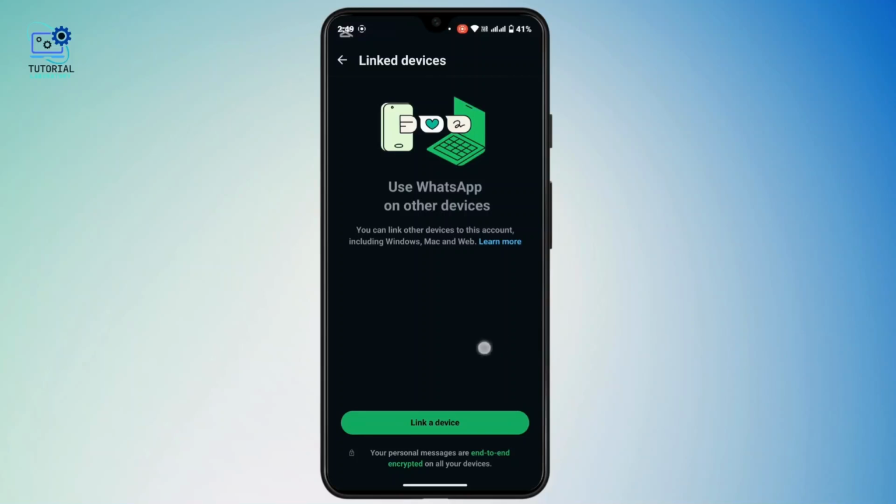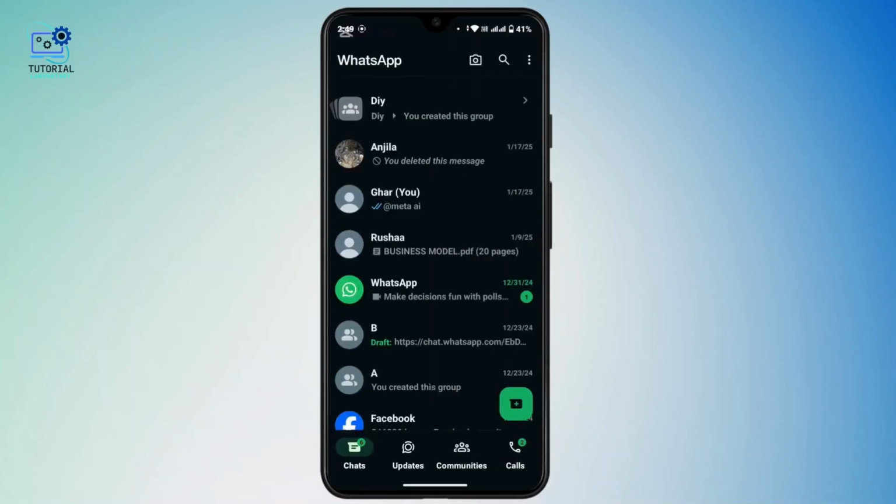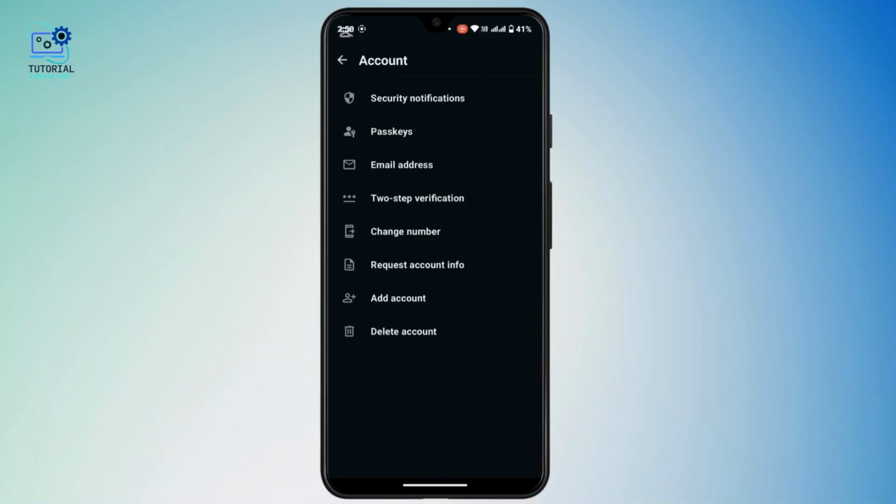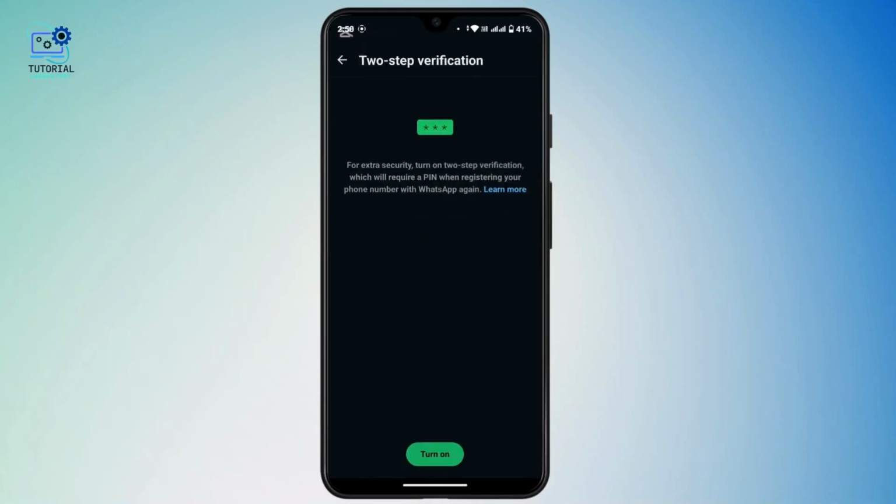And the second option is to verify your WhatsApp settings. So for that, again, tap on the three dots at the top right, then go to Settings, then tap on Account. And now here tap on Two-step verification and then enable it with a PIN. So in this way your account will be secured with two-step verification, which will provide extra security. So every time during the registration, your phone number on WhatsApp will require a PIN in order to use